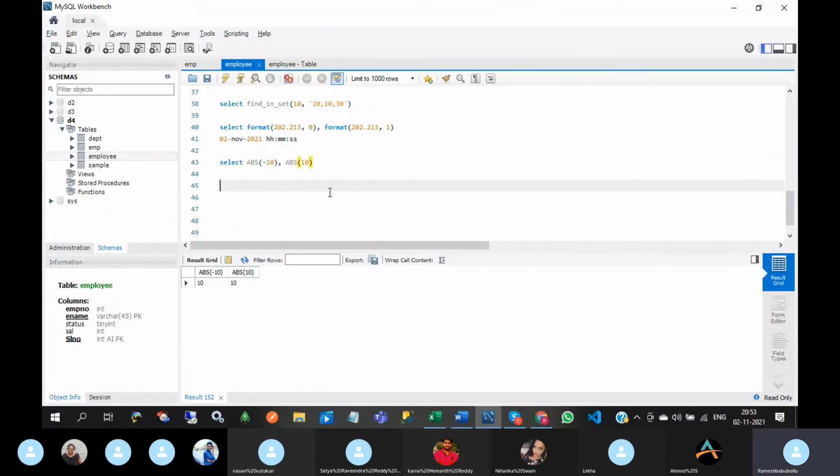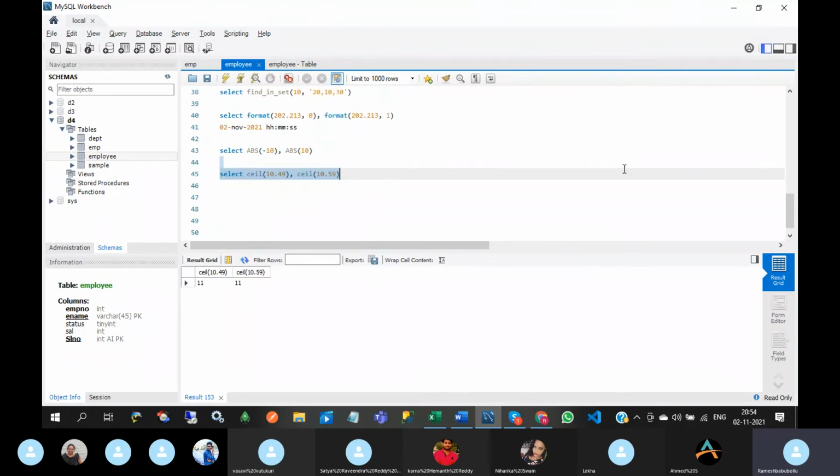Ceil returns the smallest integer value greater than or equal to the input number. So ceil of 10.49, ceil of 10.59. See this. It will display 11.